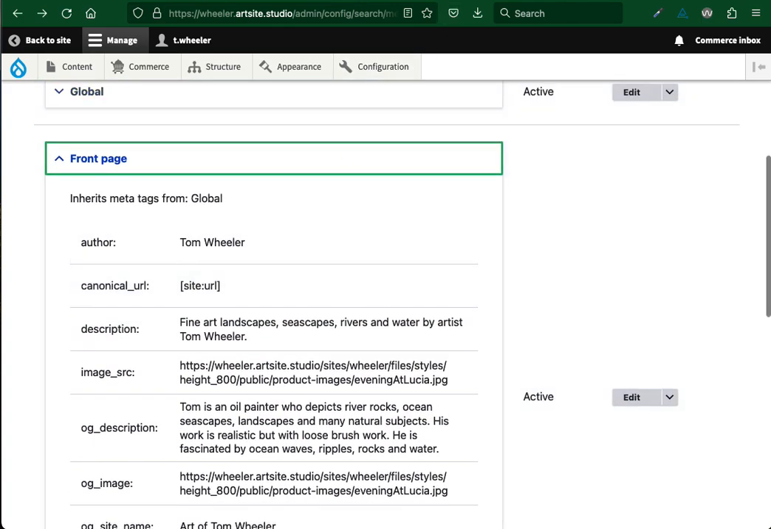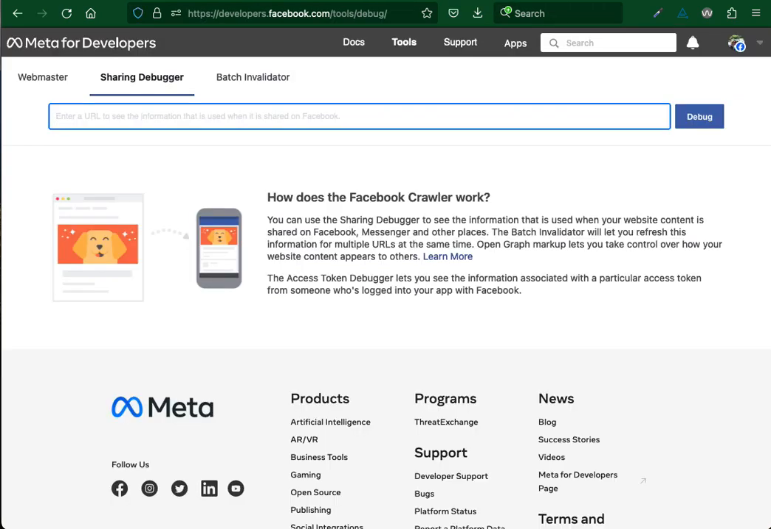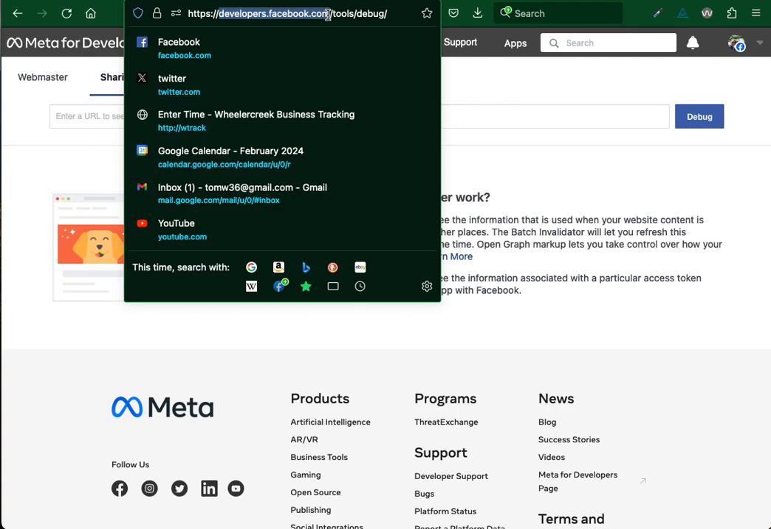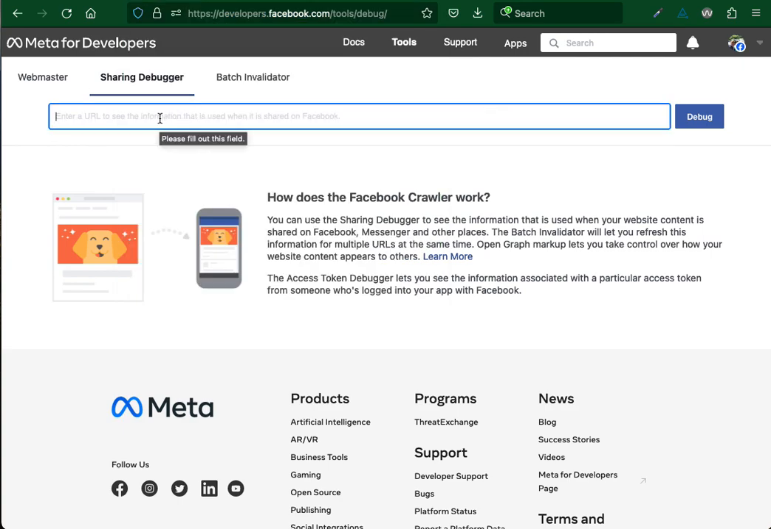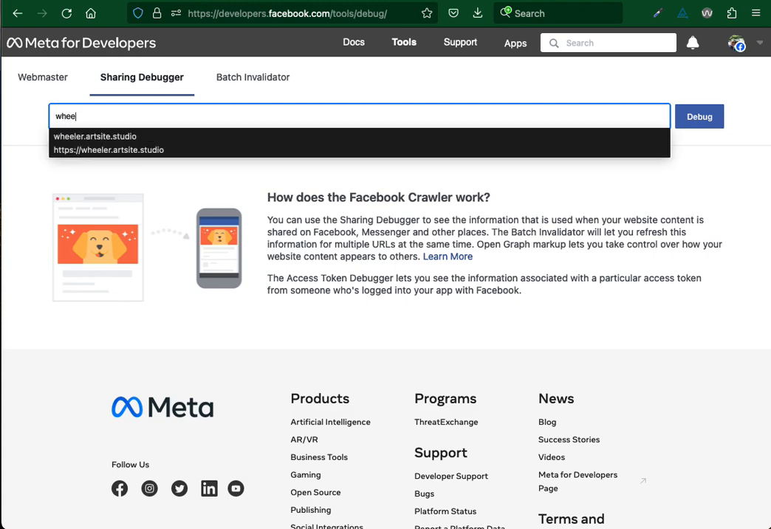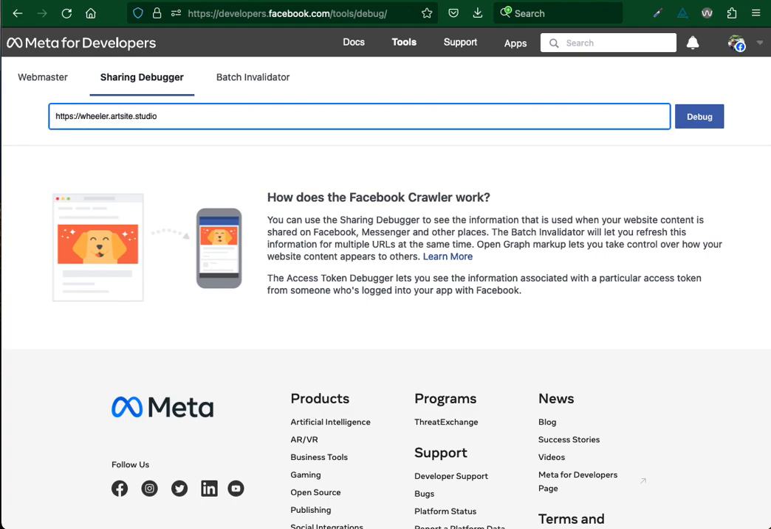And then another tool that I want to make you aware of is the Facebook debugging tool. I'll post this link into my site FAQ for this topic. But if you go to developers.facebook.com/tools/debug, you can actually get a little preview of what your website is going to look like. So I'm going to type in my whole URL there, https://wheeler.artsite.studio. That's what I'm working on. If I click on debug,